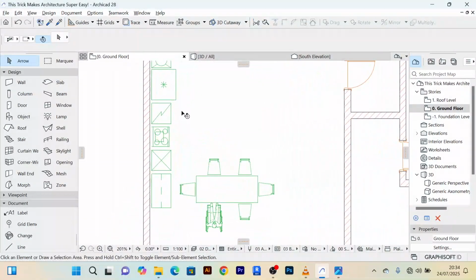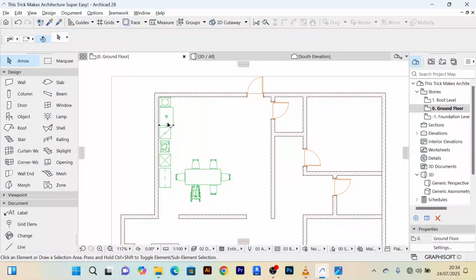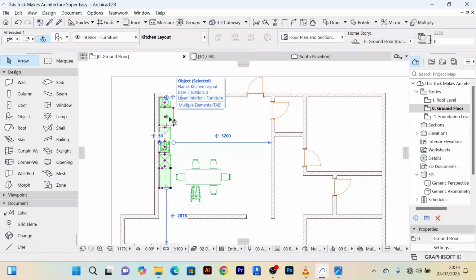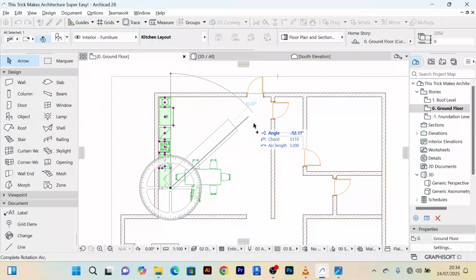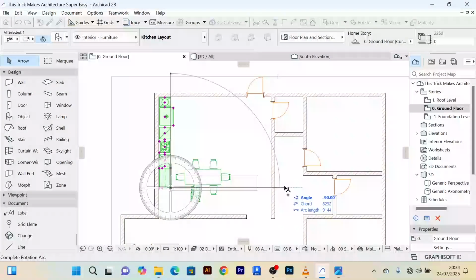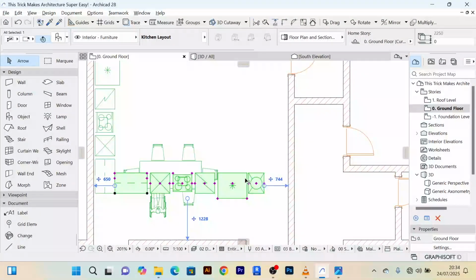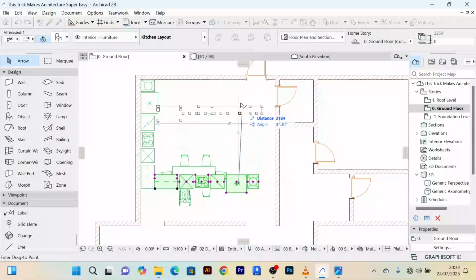Now if I want a lot of these, I can just simply click this, then I will Control Shift R, that is to rotate a copy. So just like this, I can rotate a copy. See that? Then I'll Control D to move it there,